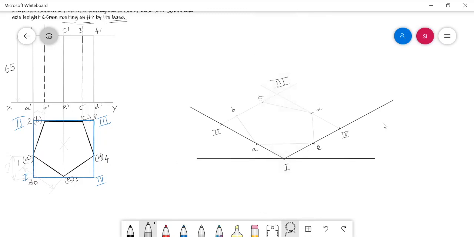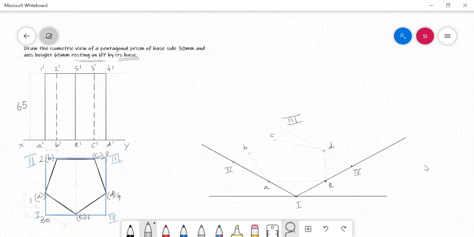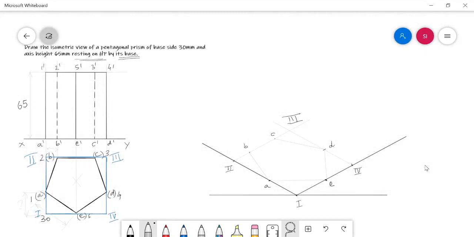Yes. Now I have just drawn the isometric view of the base surface only. We have not yet completed the entire diagram. See here, the rest of the edges, lateral edges and face edges can be drawn one by one.